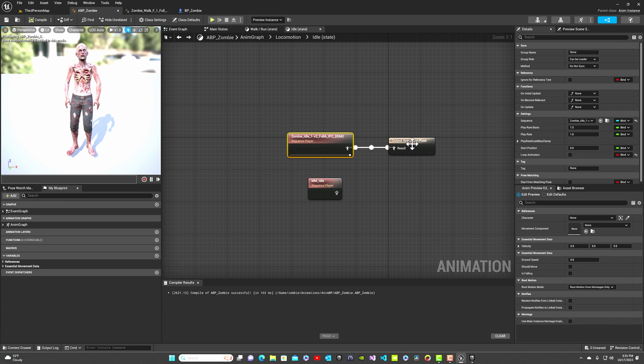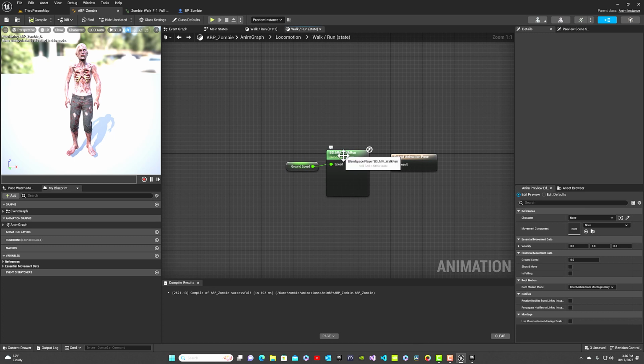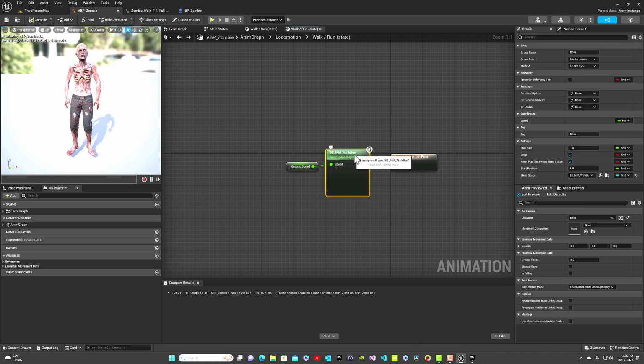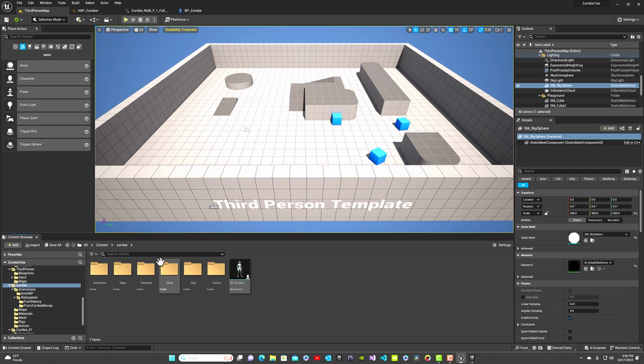That's correct. Output animation pose. We fixed that. And now we're going to go back into our walk run. We're going to disconnect this blend space. Okay, this is a parameter, or a variable, that drives it. And we're going to replace that with whatever blend space we make. So let's go back and go to animations, retargeted,